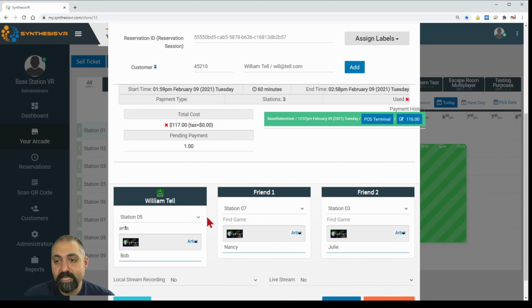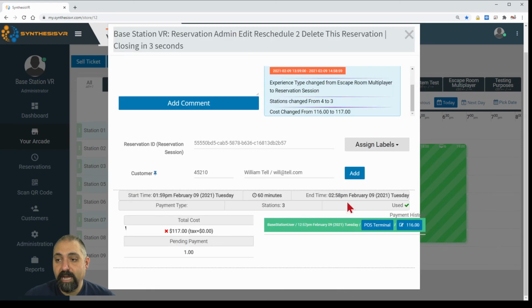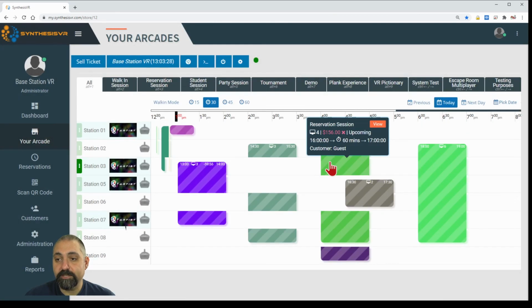What I was saying was that any game that has any parameters like propagation or something of that nature, you would want to start the session first, and then you'd want to launch the game. So start the session, then launch the game. But anything like this that would be just normally single player type stuff, you can just do that. And then once you've selected, click on Use Now, and that will launch the session across all the appropriate stations,